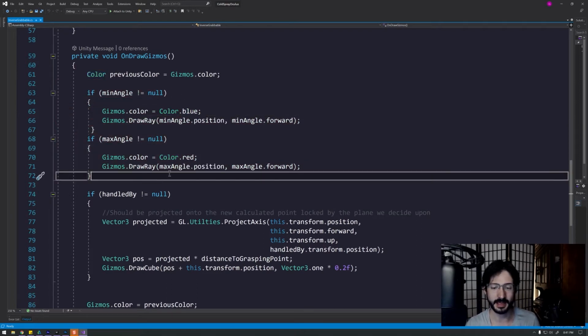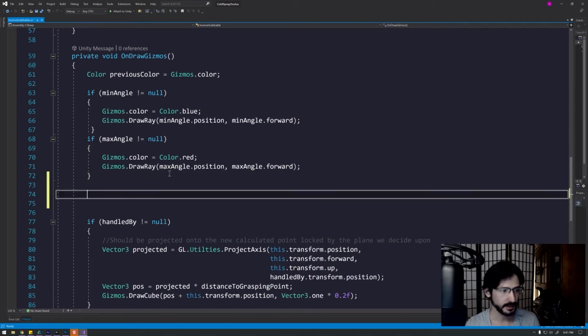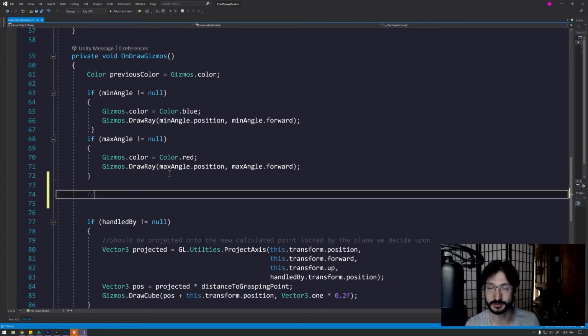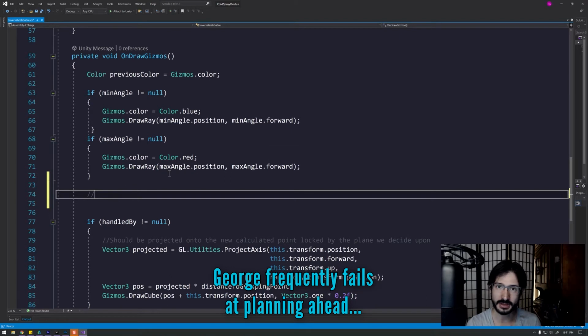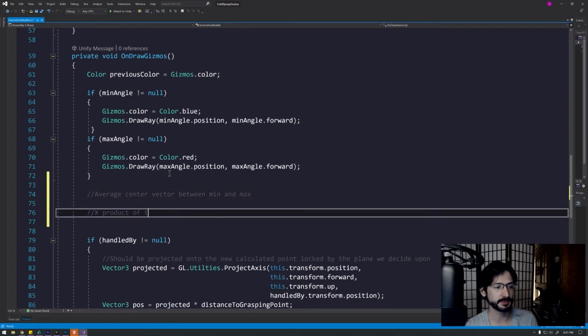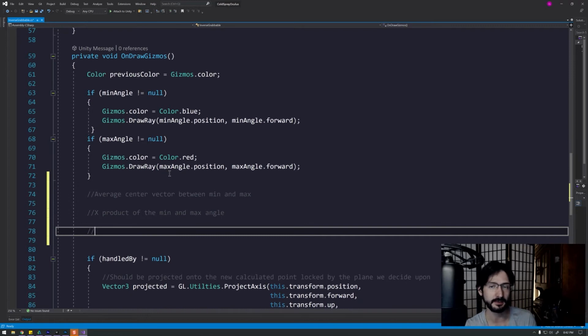So why don't we go ahead and do some of the math that we did. That's going to be the min and max angle. Let's write some notes to us so we remember what we're doing, or so I remember, because trying to record a video and get everything right on the fly is interesting. So let's do an average center vector between min and max. Cross product of the min and max angle. Okay, we're just going to visualize these and see if what I was thinking in my head makes sense in math land. Next up, so we did the cross product of the min and max angle. Then we're going to end up doing the cross product of the